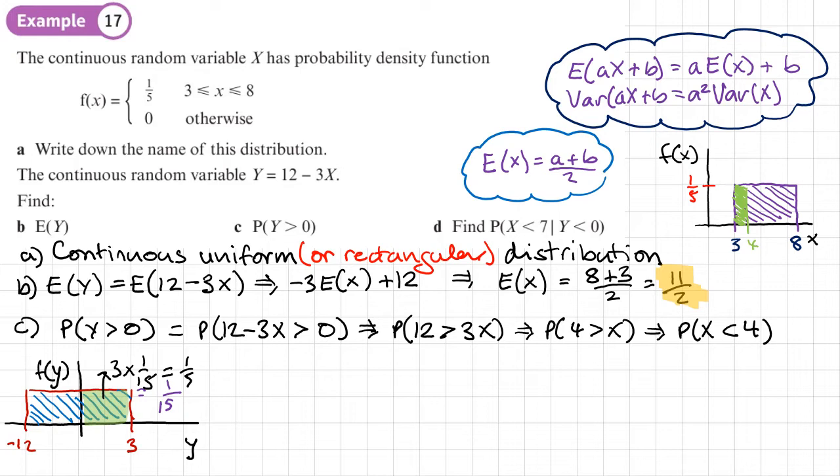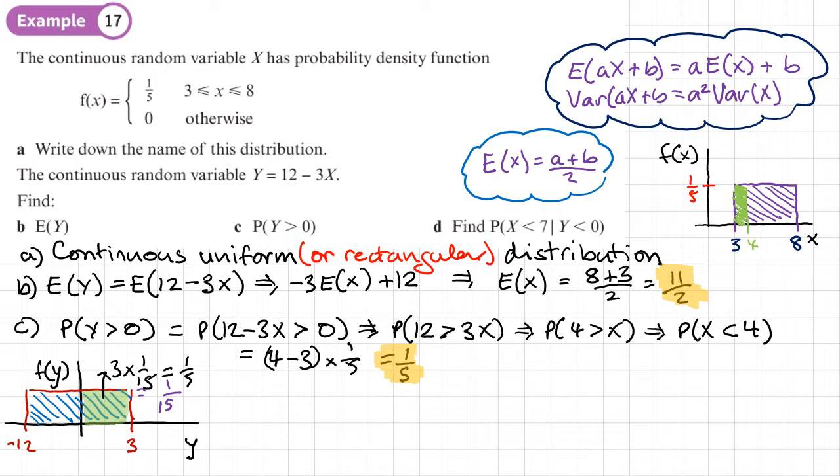So this would be equal to 4 minus 3, which gives us the width, times by its height, 1/5, and that gives us 1/5. So you'll see we get the same answer if we do this either the graphical way or the algebraic way. So part C is 1/5. Okay. Part D, we have a